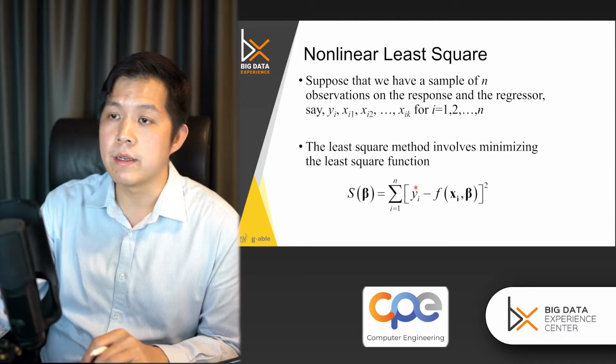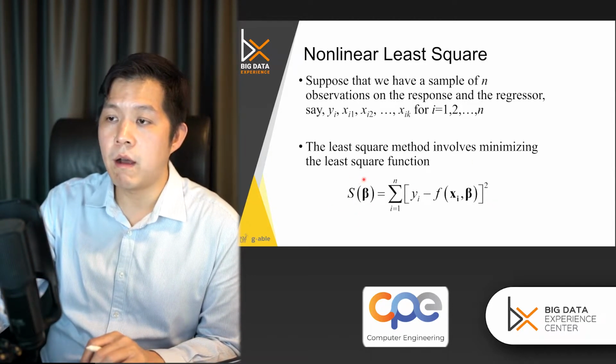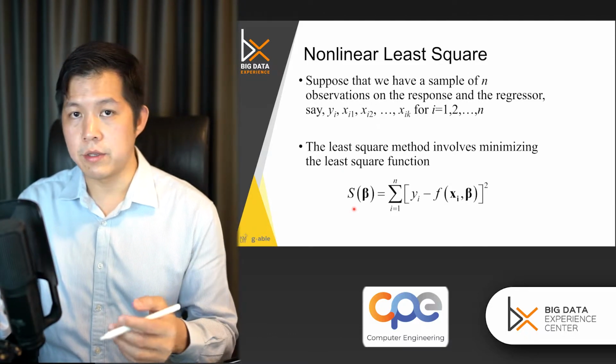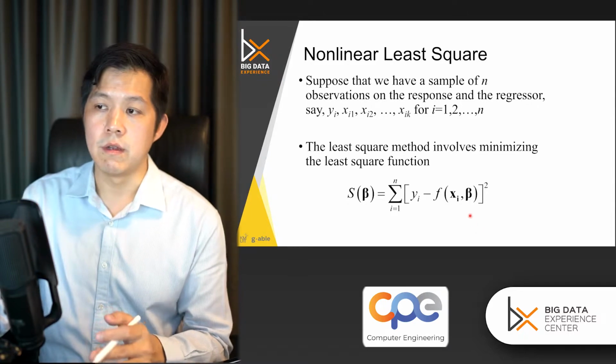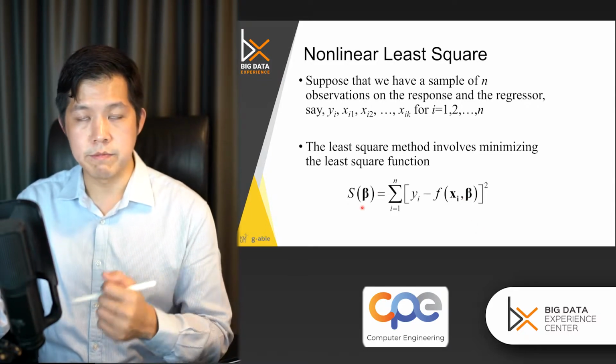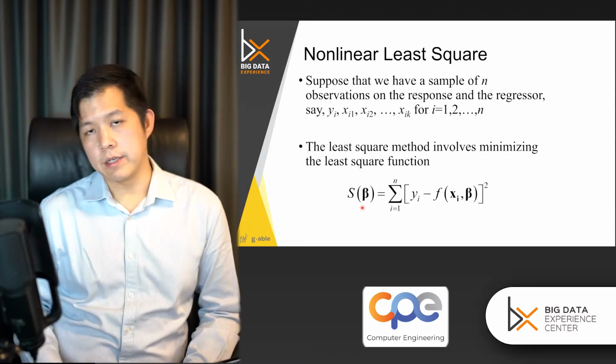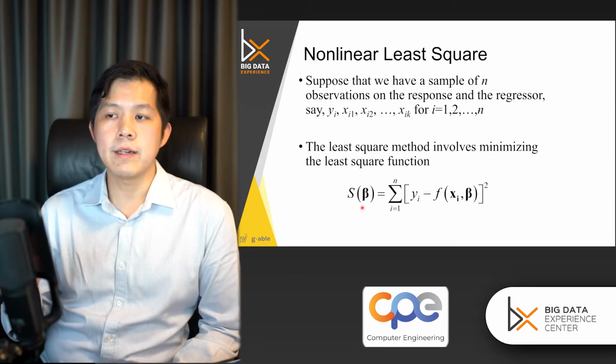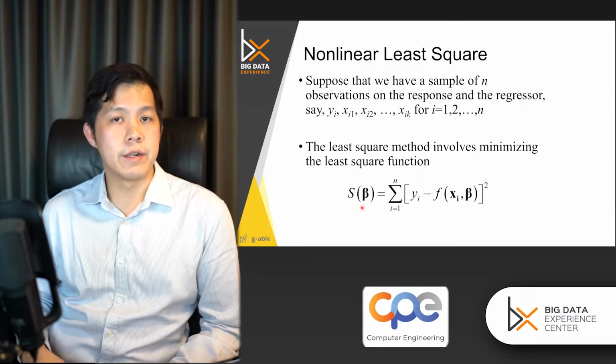Then combine them together, we have this sum of the square error, which can be used as the function that you want to optimize in order to find beta, right? For this one, S(beta), you want to find the beta that minimizes this function, right? If you find a beta that minimizes this function, then it is the goal